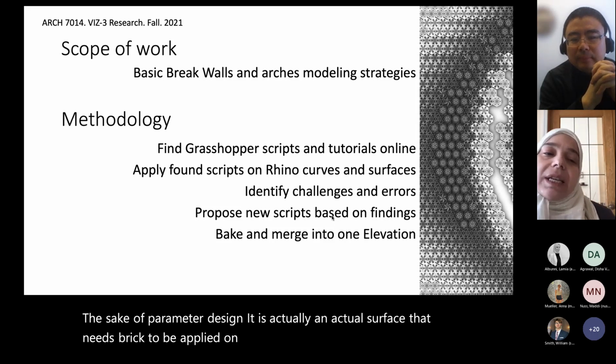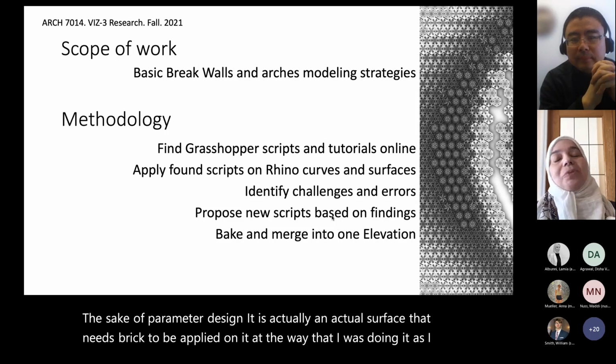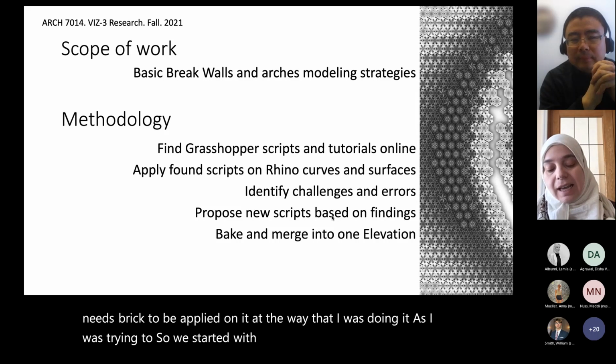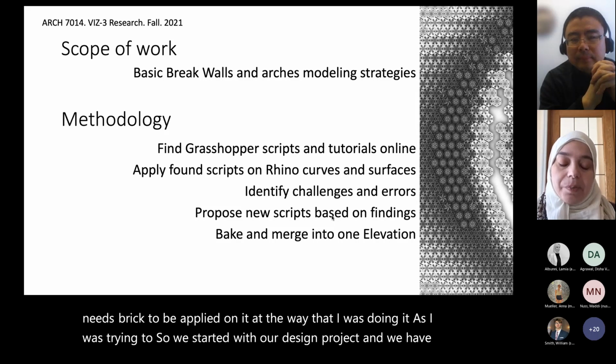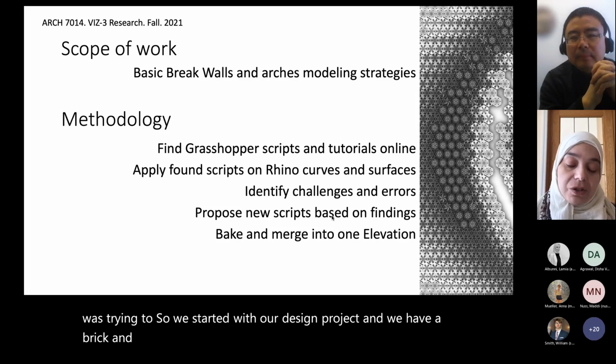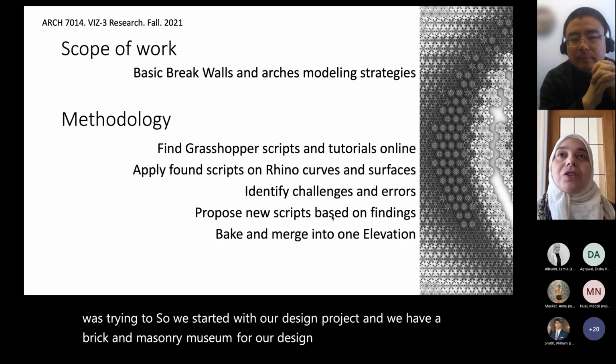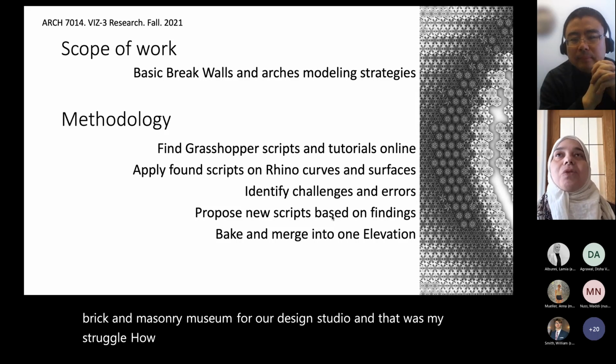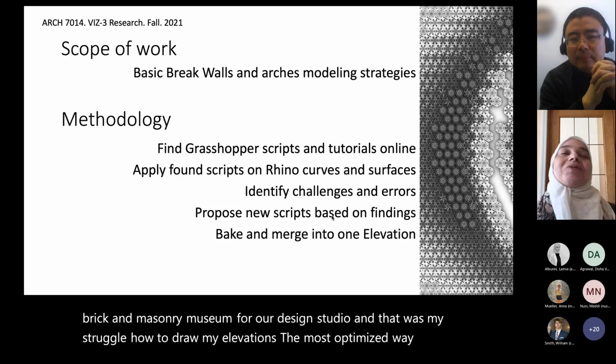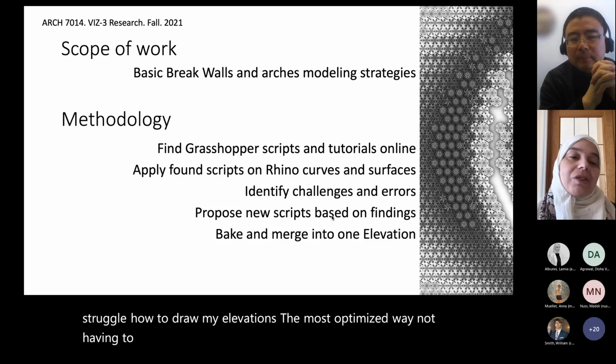And the way that I was doing it, we started with our design project, and we have a brick and masonry museum for our design studio. And that was my struggle: how to draw my elevations in the most optimized way, not having to draw my bricks one at a time. So I tried to find